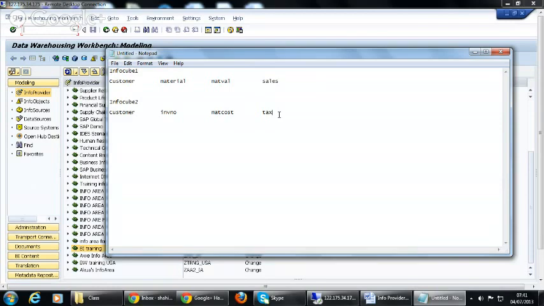So if you have a material here and you don't have a material value, and you have a material value here and you don't have a value from there, then what will happen is, if the multi-provider doesn't provide the value, then for the characteristic, hash will be displayed, and for the key figure, 0 will be displayed.